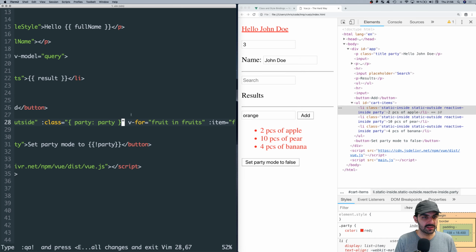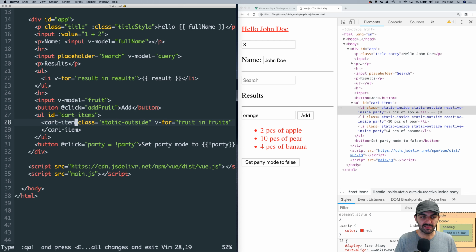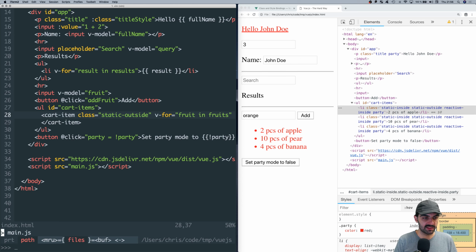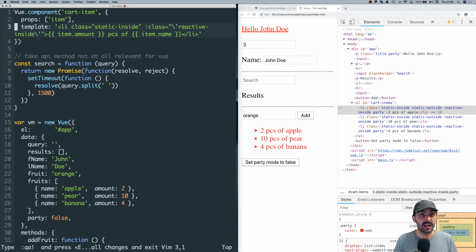Now the question then is, of course, can we do that from the inside as well? Clearly we should be able to do that. So let's remove that. Now we only have a static inside. We only have a class that's a static inside. And then, yeah, let's save that. Let's jump into main.js. And instead of just binding to a string here, reactive inside, we will bind to,